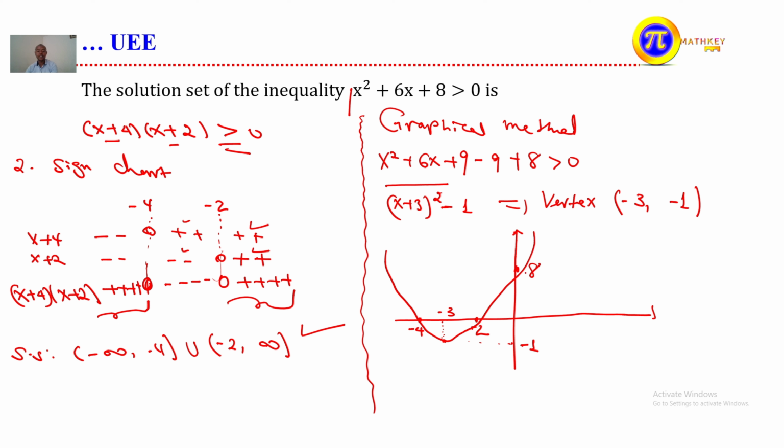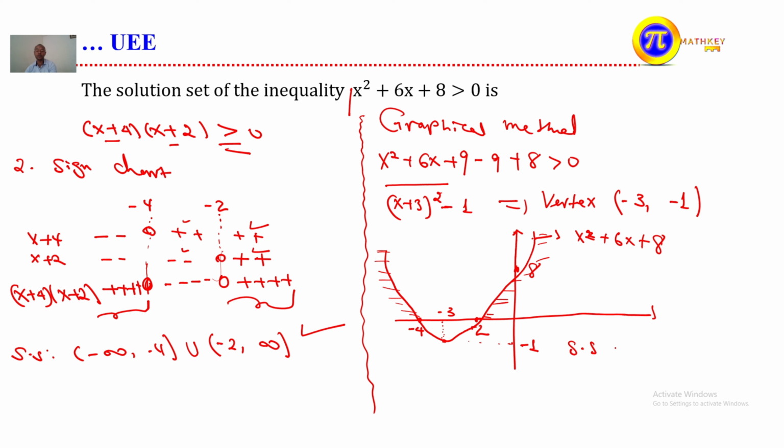As observed here, the graph of this function, x squared plus 6x plus 8, is positive to the right of negative 2. This is the positive region. Similarly, on this side, the graph is above the x-axis, which means it is positive, to the left of negative 4. So from this graph, you observe that the solution set where it is positive,